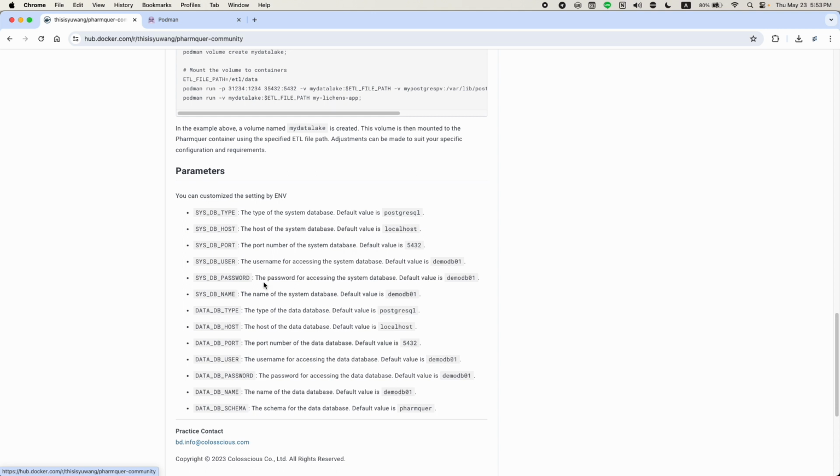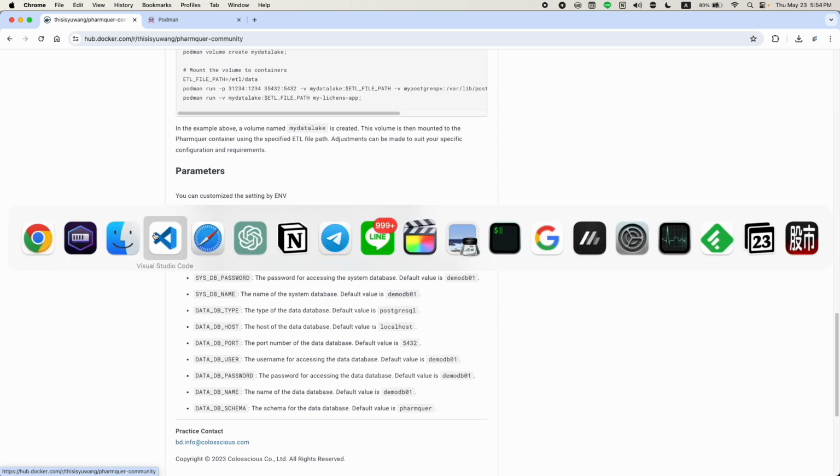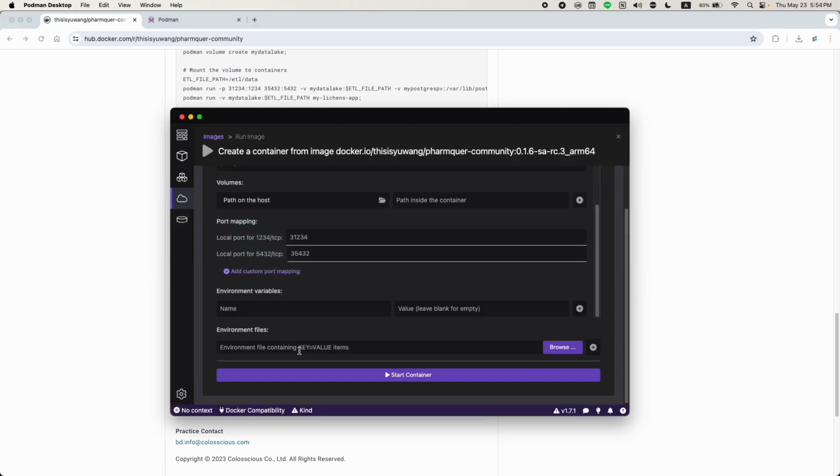I recommend having a separate PostgreSQL database in a production environment, and you can configure the database connection through the environment variables. Here I will just leave it blank. After completing the settings, we click Start Container.